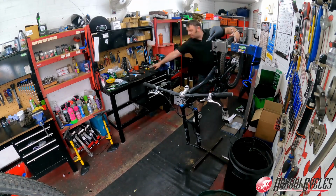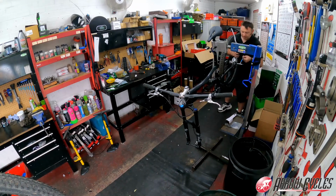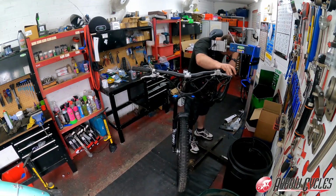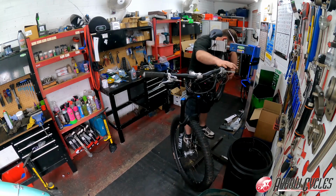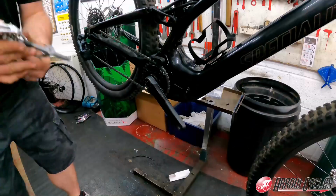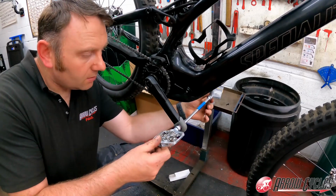From that point we can get the rear caliper mounted, on with the rear wheel, and then pop the derailleur and the chain back on, then on with the front wheel, and now here we have to bleed the brake because we've split the hose to mount it through the frame. We've introduced a little bit of air, so no big issues, just quick bleed on the rear brake. Popping on the new trail pedals,